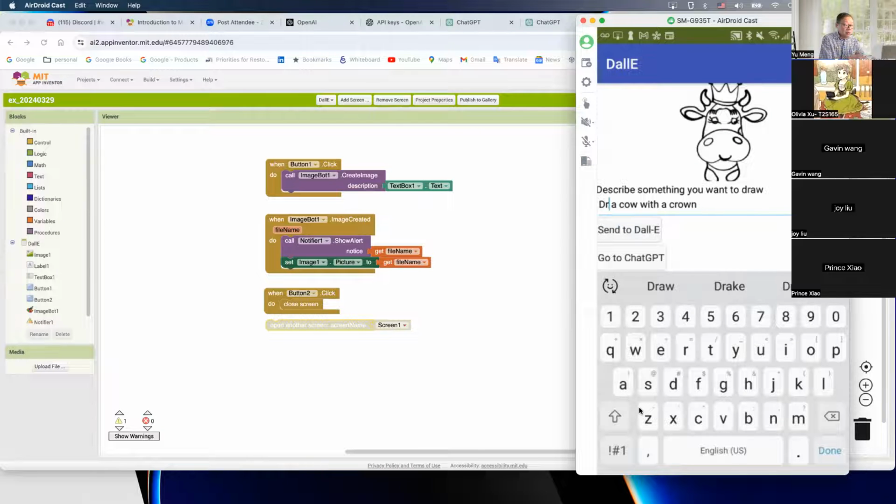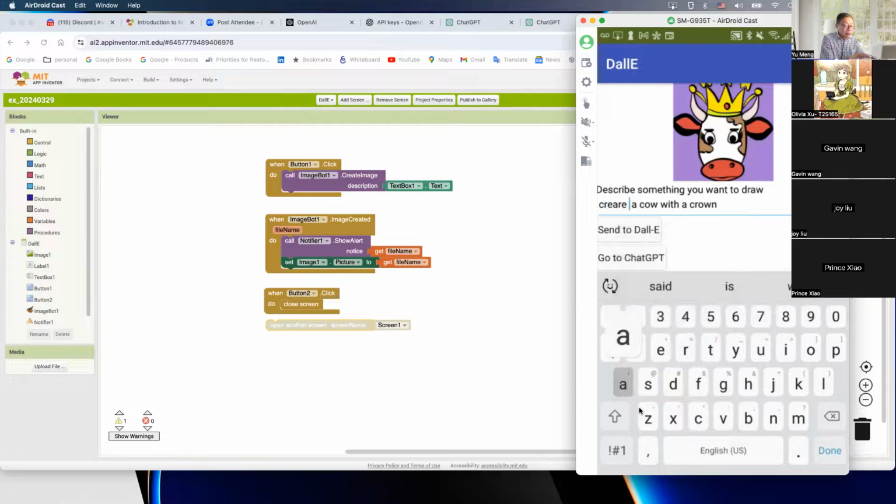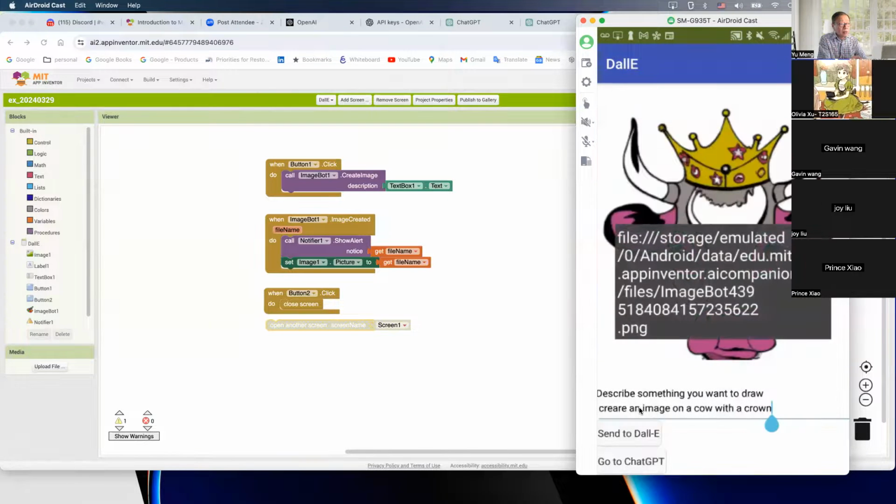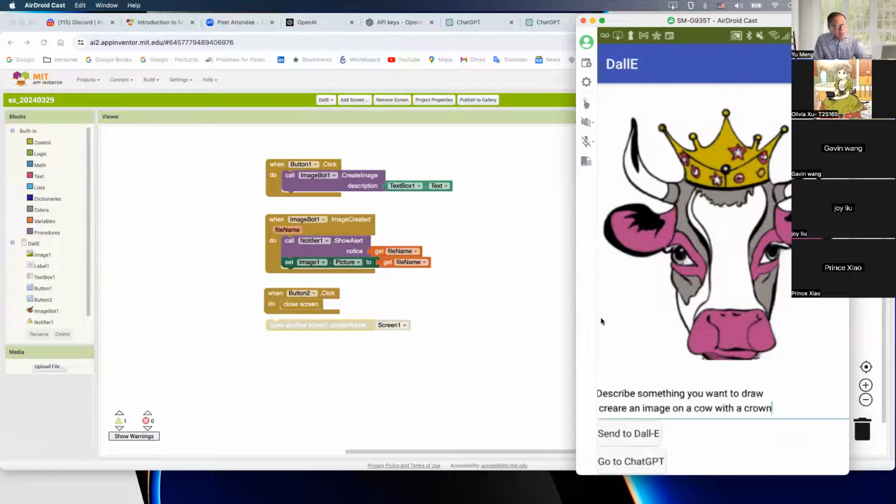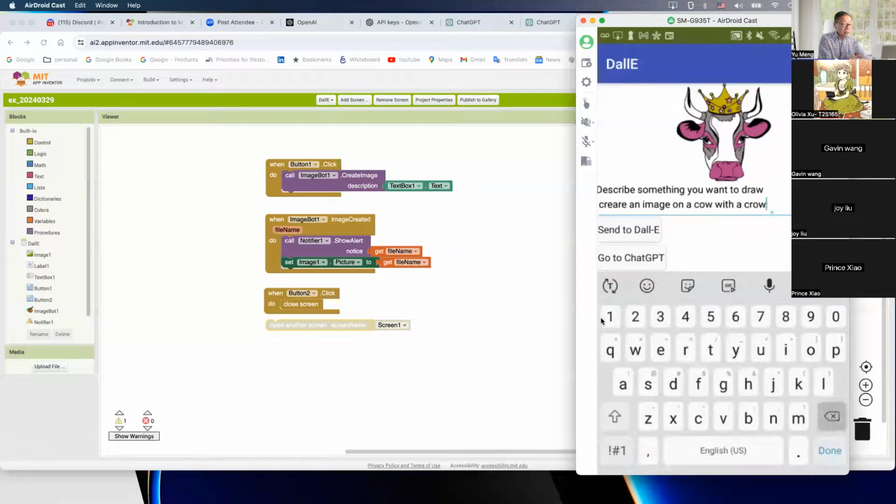Let's see. What about I retype it and say, create an image of a cow with a crown. Let's see. Okay. Yeah, that's it. Maybe you want to say, let's create another one, an image on